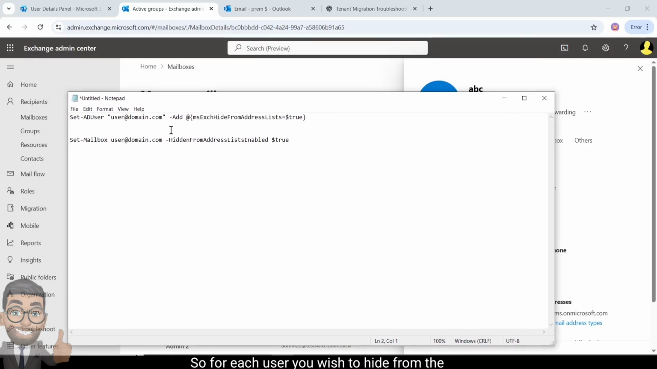For each user you wish to hide from the address list, you can run the command Set-ADUser followed by the user's SAM account name, -Add, and include the value $true in this particular attribute. You can test it for one user, run a sync and check the behavior, and then run it for the other users. If you have multiple users on Exchange Online for which you want to set this,